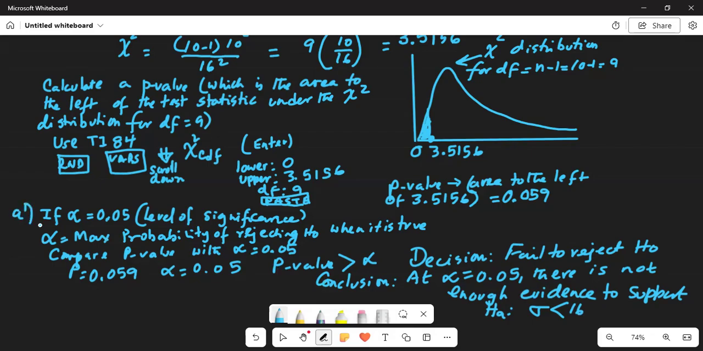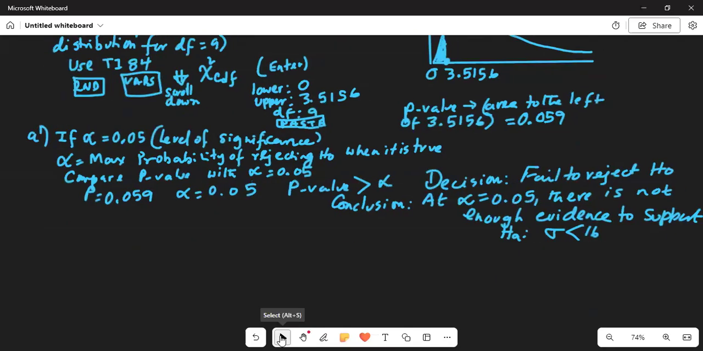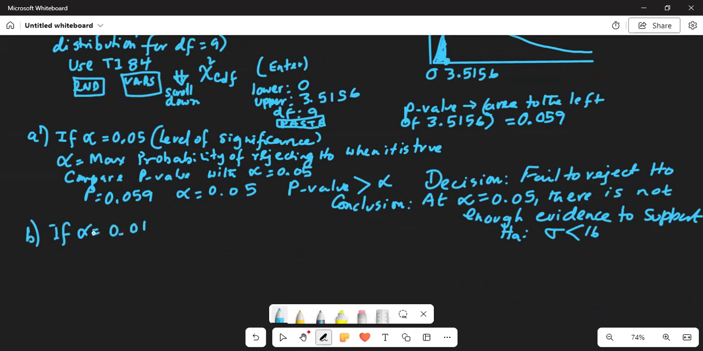Okay, and then we will move this a little bit up. And then our part B, alpha is 0.01. Our p-value does not change. P is still equal to 0.059. Again, P is greater than alpha. Same decision. Fail to reject H0. And we also write the conclusion